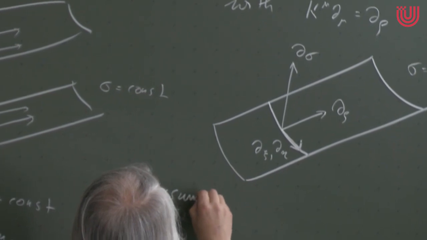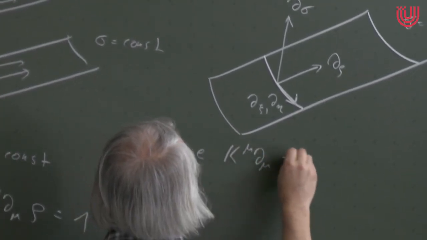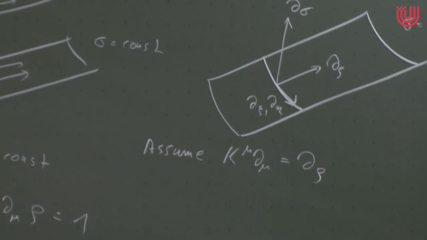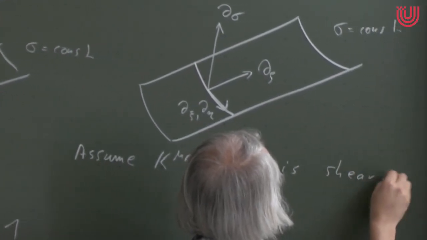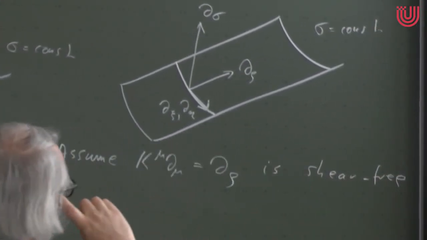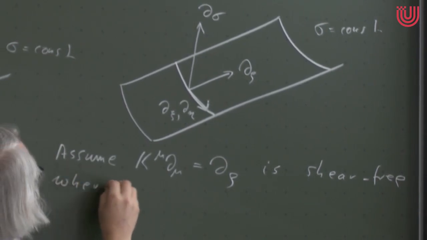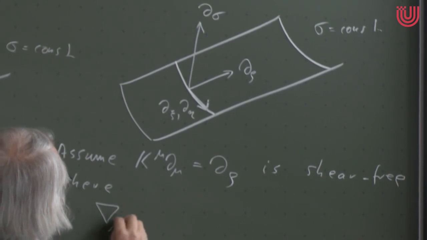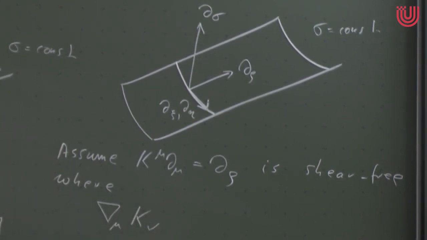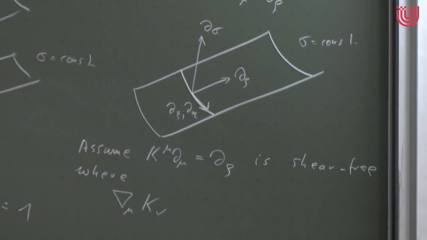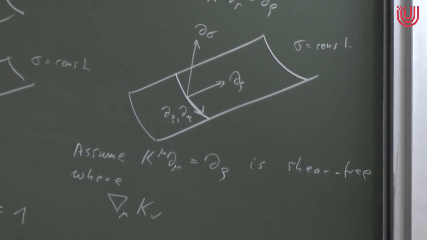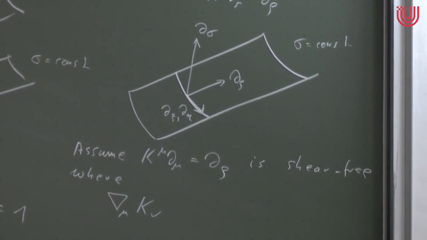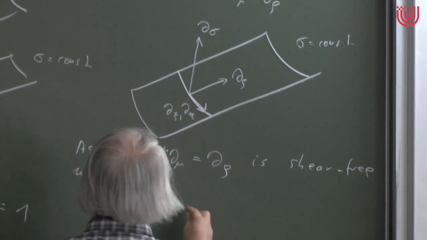So our vector field k mu d mu, which is the same as d by d rho in this coordinate system, is shear free. So what's the shear? If you consider the gradient of a covector field, you have to pull one index. Yeah, because I want to talk about this being symmetric or antisymmetric, so I have to have both indices in the same position. So I have a vector field, k mu, a light-like vector field in this case. I pull the index down, and then I consider this gradient. The antisymmetric part of this,